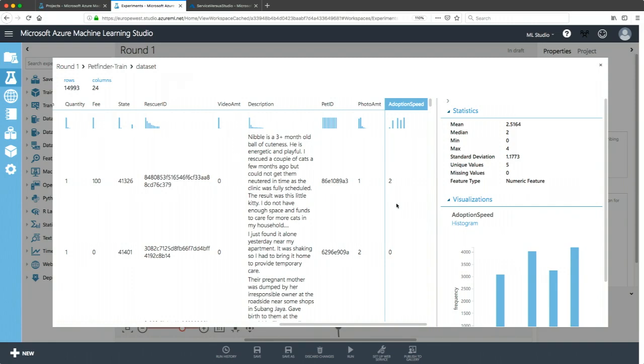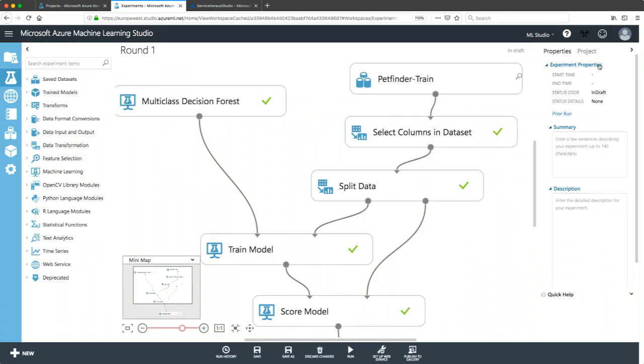Are you familiar with the concepts of regression and classification? Who here isn't? Basically, regression is trying to predict a number from a continuous range, and classification is trying to put an entry into one of two or more buckets. A bucket would be adopted today, another bucket would be adopted this week, and so on and so forth. So we can see this as both a classification problem or as a regression problem, because we can predict a number and then just round it. But I'm going to treat it as a classification problem. Okay, back to the user interface.